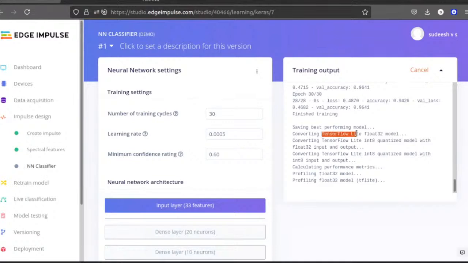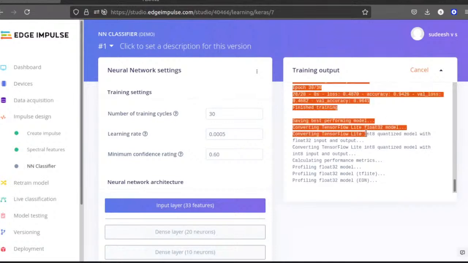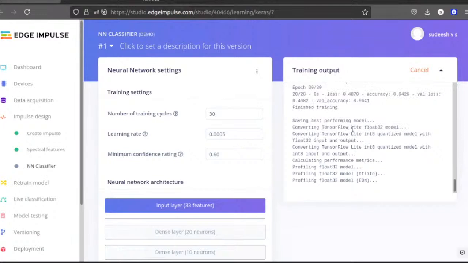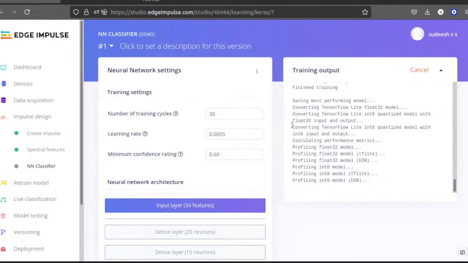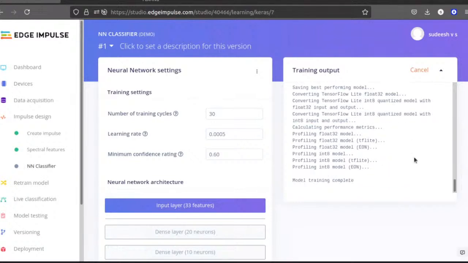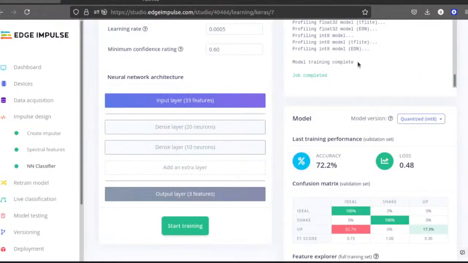You can see that here we are using the TensorFlow Lite float 32 model as the output. It will be converted into an integer 8-bit model, which is the process I already told you about. So currently the model is training.